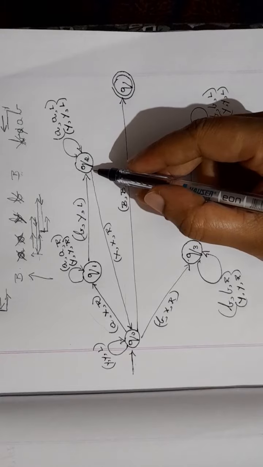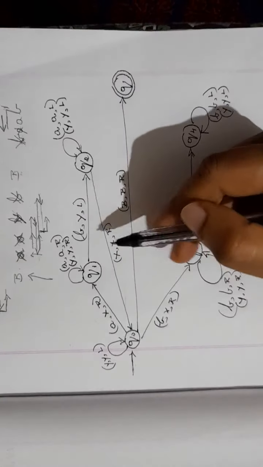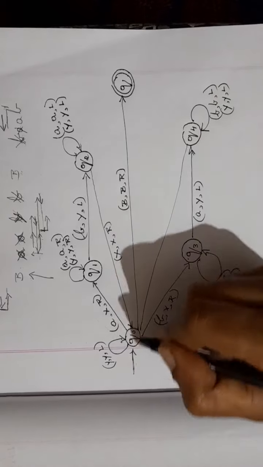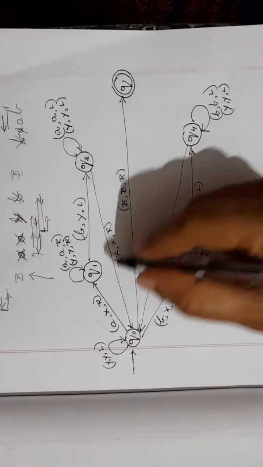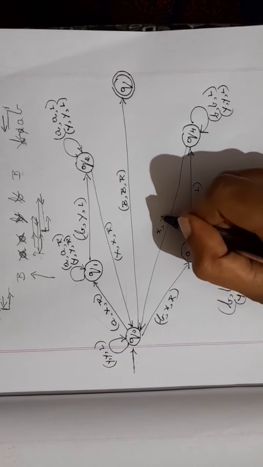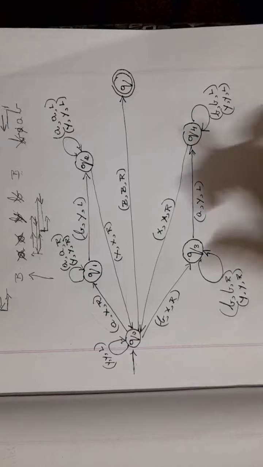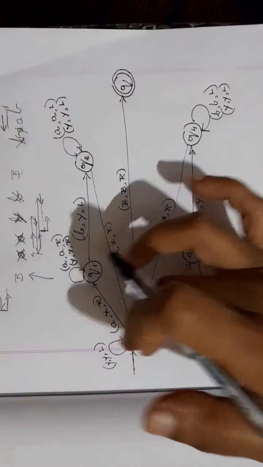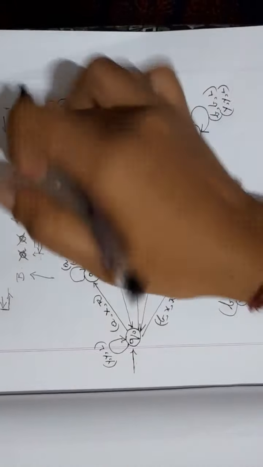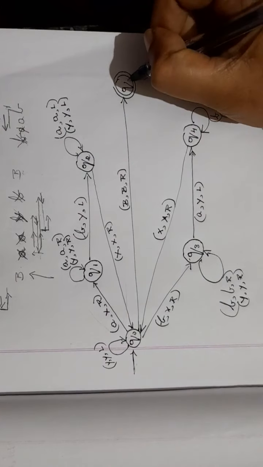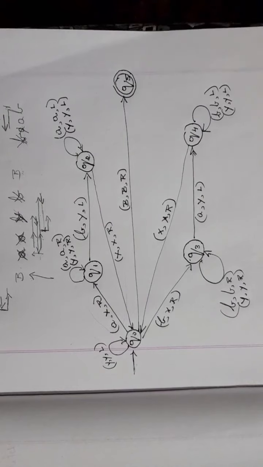Once you're done with this, you should keep on moving left till you find X. Then the same procedure will repeat. So from Q4, I'll take a transition to Q0. So here the same thing. For every X, I'll keep it as X itself and then I will move right. So same thing you write it here for A, B because the other case will happen. So once you're done with this, at the end it reaches blank, it will go to final state. So Q4, I'll take it as Q5.